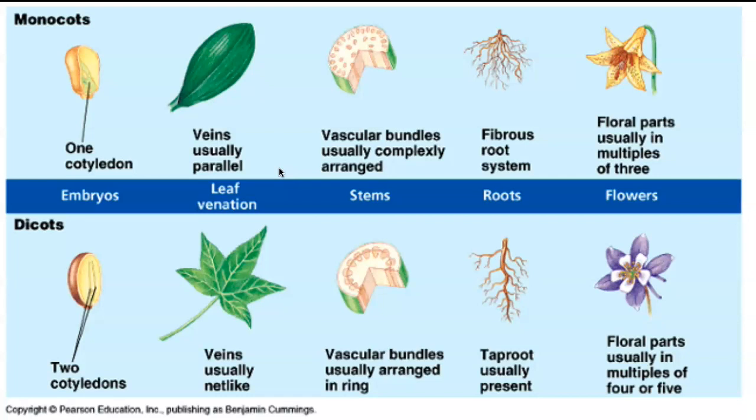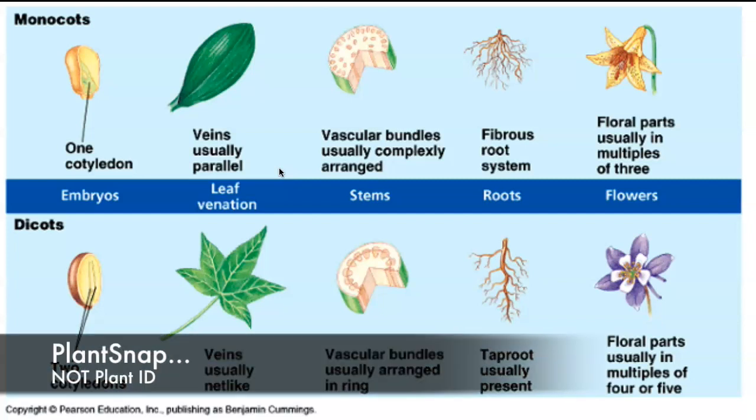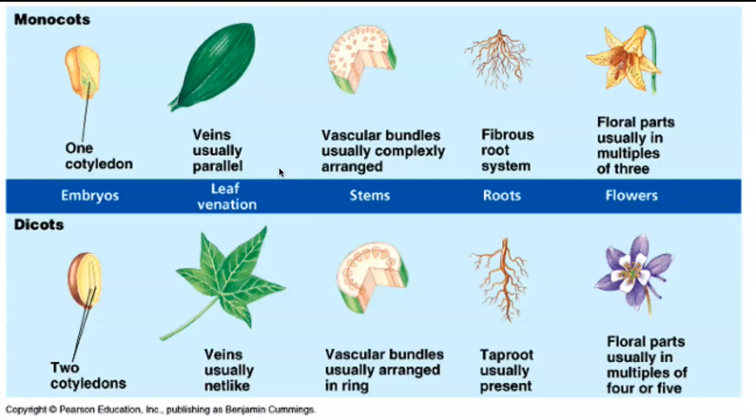If you are having trouble figuring out what the name of the plant is, and you have some free space on your phone or tablet, a great resource will be what's called PlantID. It's a free app that allows you to scan the leaves, and again, based off the venation, they're going to be able to tell you what it is. And the app, again, it's not PlantID, it's PlantSnap. PlantSnap allows you to do up to 5 plants a day, and that's not mandatory. You do not have to download the app, but it's a great resource if you want to look at it.